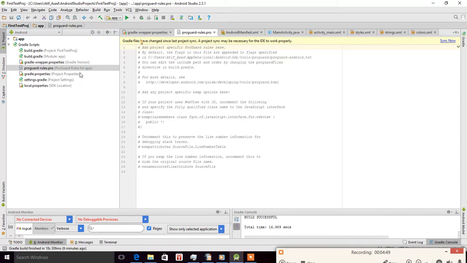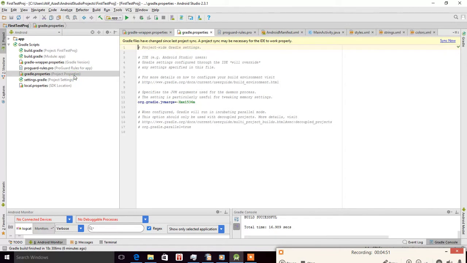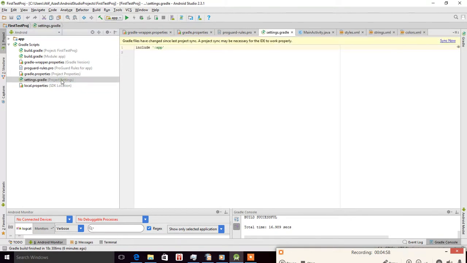And then we have this file. It's not so important. Then Gradle.properties file. Here we can define certain properties, and then we have settings.gradle file. For example, what